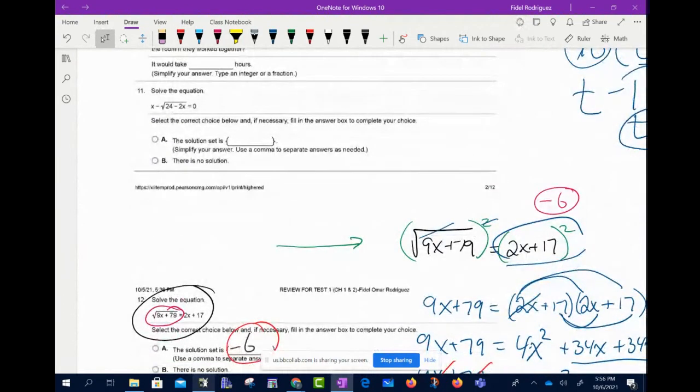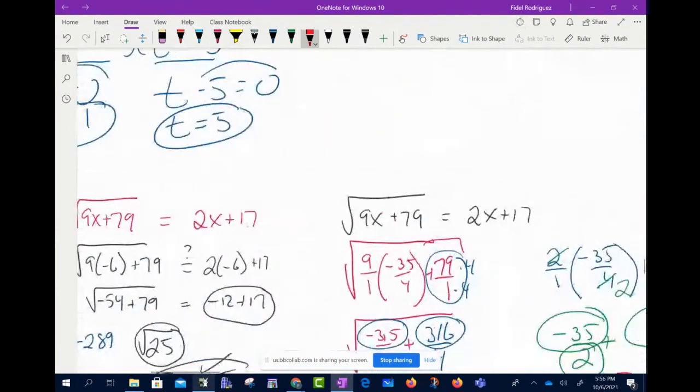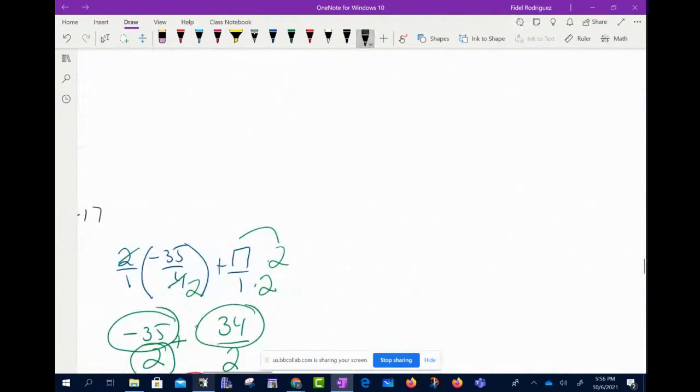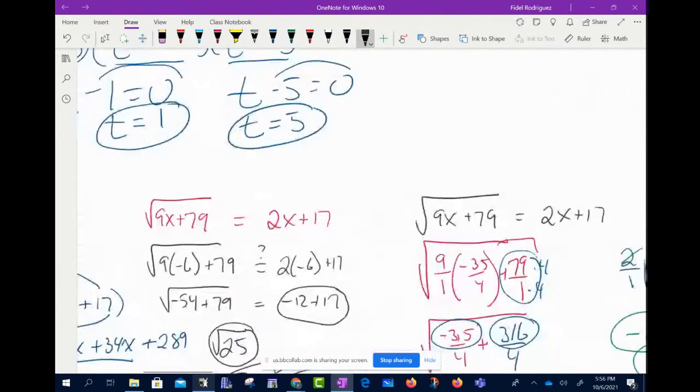Doesn't number 11 look kind of similar to number 12 in the sense that we have a square root here also? Liz, the question you asked me was how to do number 12, but I want to show you guys how to do number 11, and it was x minus the square root of,